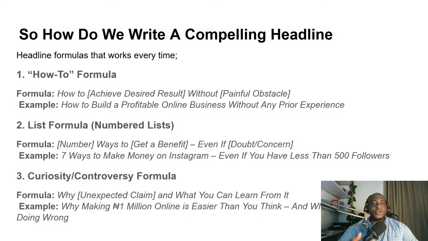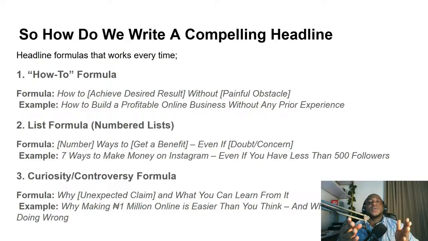So now, the how to formula. Like I used to tell my people, when you use this how to formula, make sure there are two components. The desire: how to achieve a desired result. How to use it is how to achieve a desired result without a painful obstacle. That means how to achieve 5 million naira